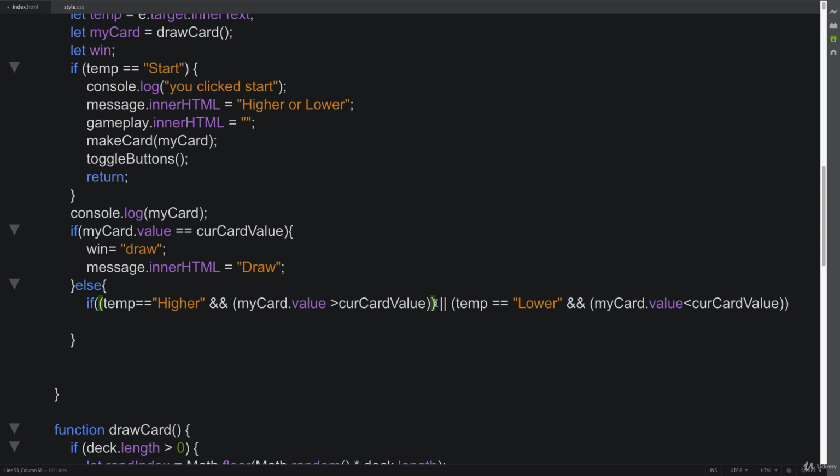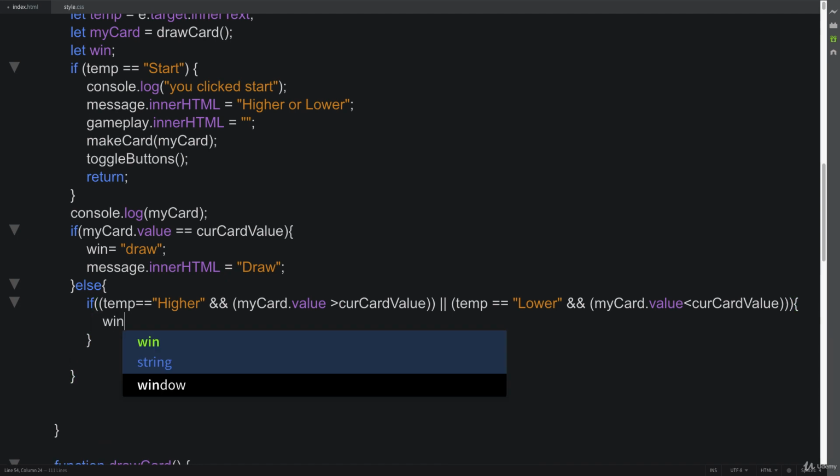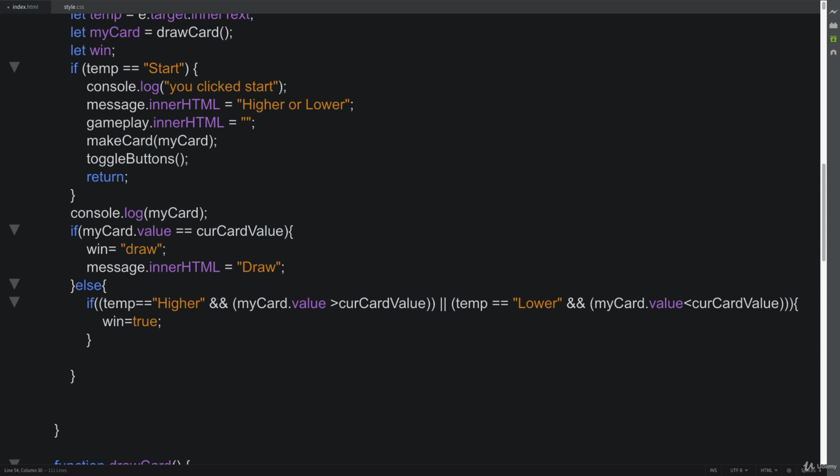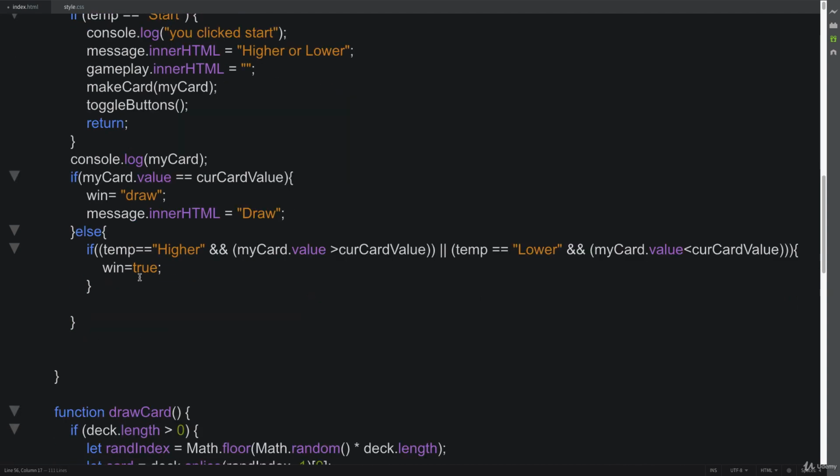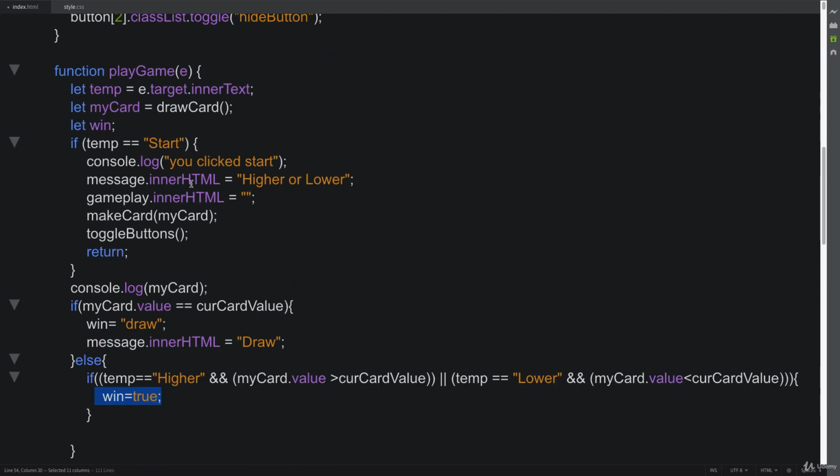So I'm going to just wrap that one. And if this is all true, then the player is a winner. So we'll set win to equal true. So we'll turn that into a Boolean value. And with JavaScript, there's dynamic data types. So even though over here we've got a string value, here we've got a Boolean value, and JavaScript can adjust with that. So now we've got a win of true, otherwise, and over here I'm going to set it to